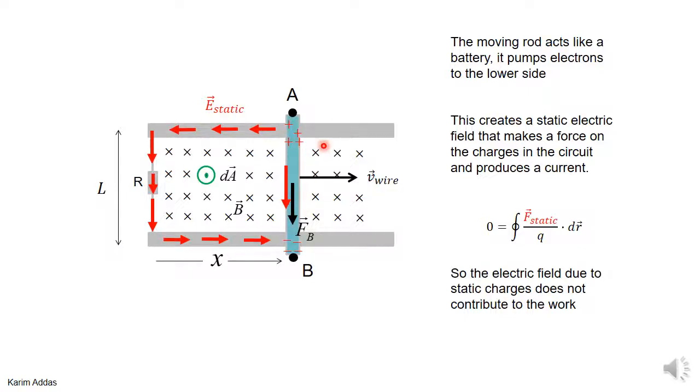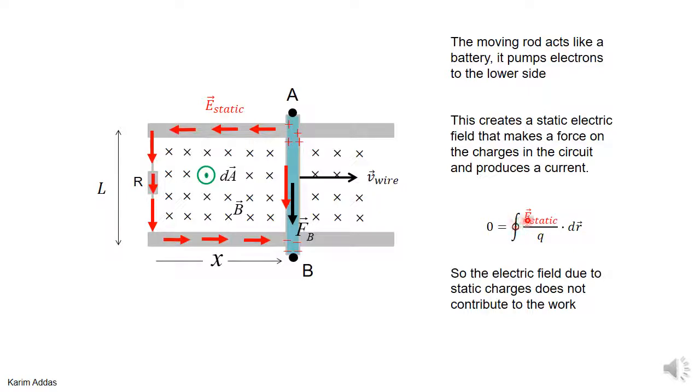We showed that there's a charge accumulation on the top and the bottom of the rod, and that static charge makes an electric field in the fixed wires, which makes a force on the charges, and that's what makes the current move in the wires. But if you take the integration of the static electric field dotted into an element of length over a closed loop,